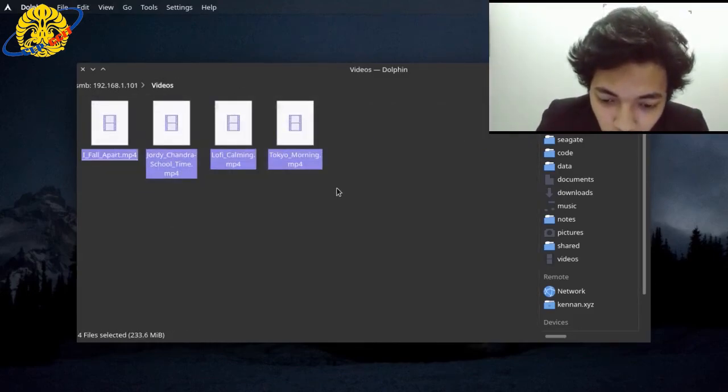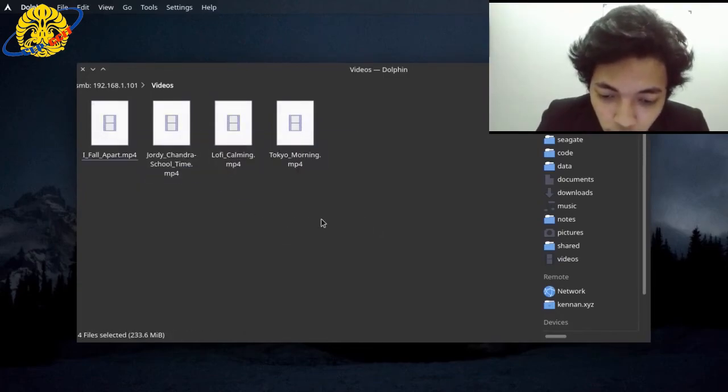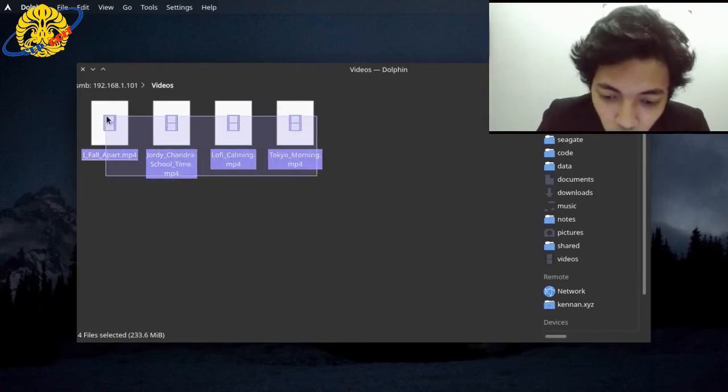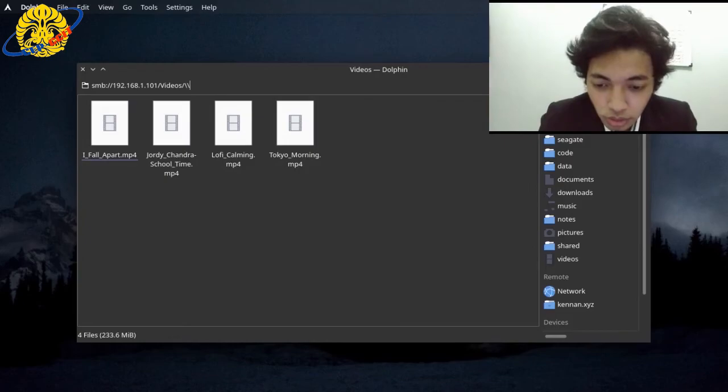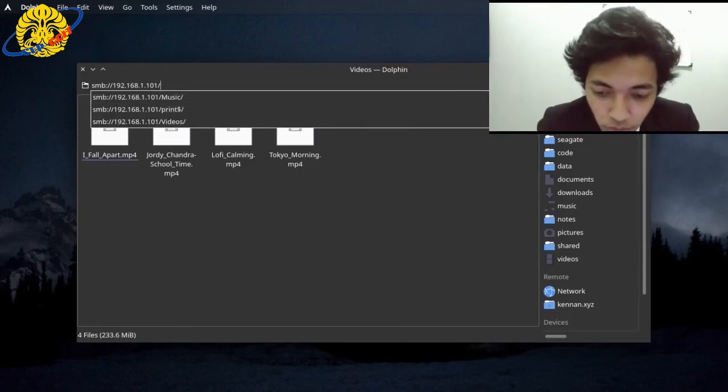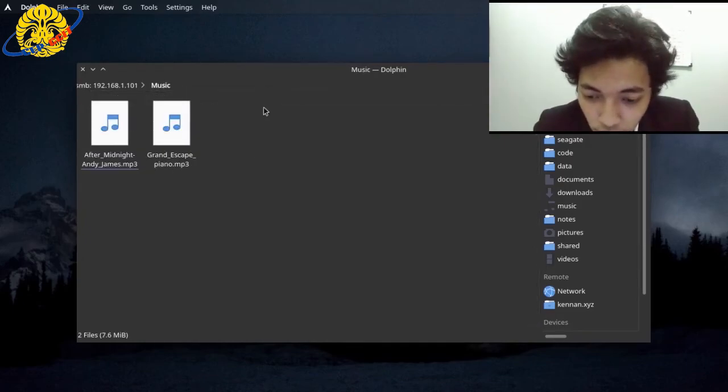Okay, after that we find these files. In this example I have 4 files. Also we can change to the music folder and start streaming from here.